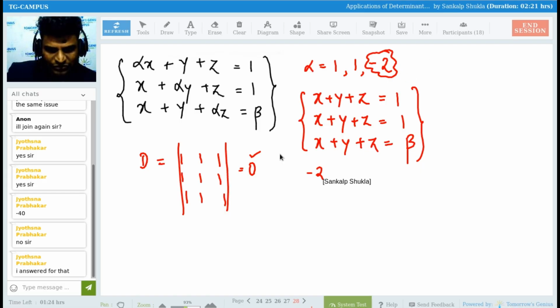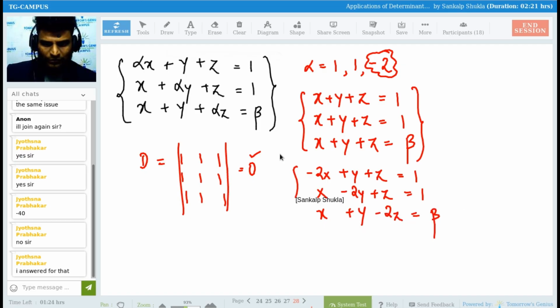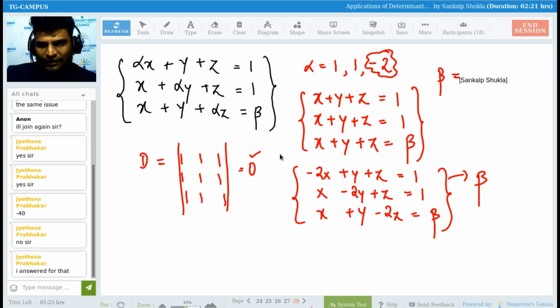So this system will become -2x plus y plus z is equal to 1, x minus 2y plus z is equal to 1, x plus y minus 2z is equal to beta. Now from this system we will be finding beta. Okay, so solve this in order to find the value of beta. We know the value of beta will be what? The value of beta will be